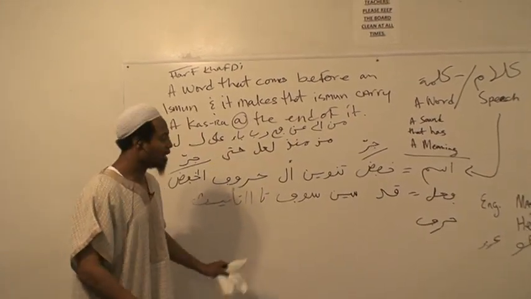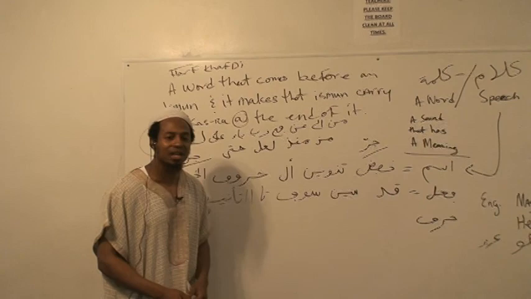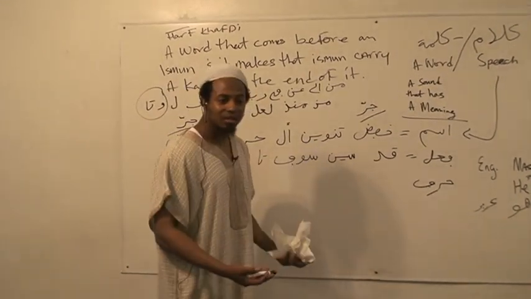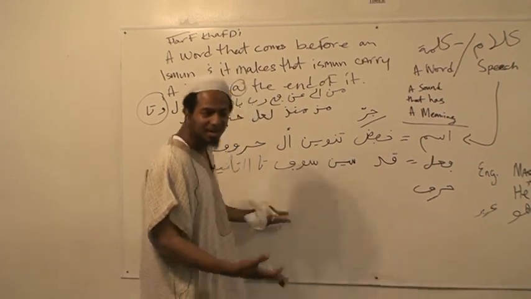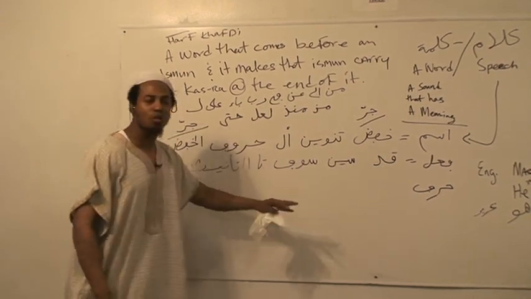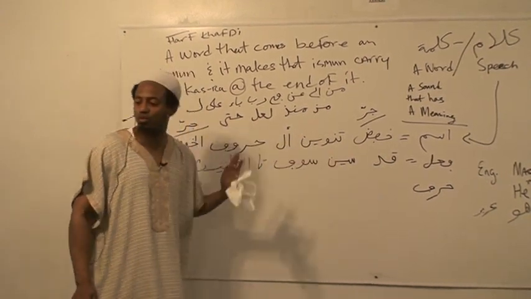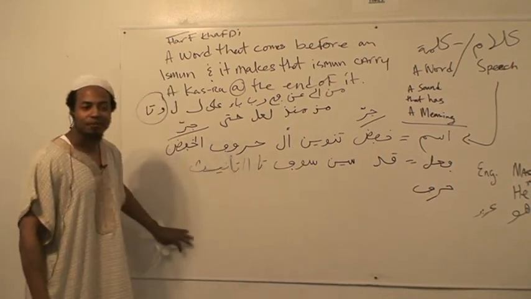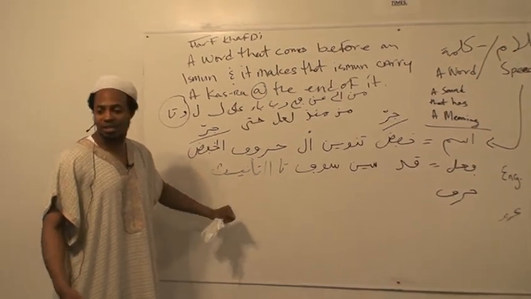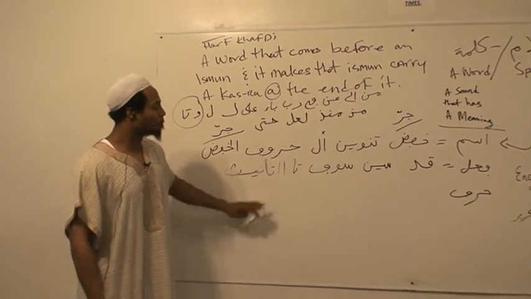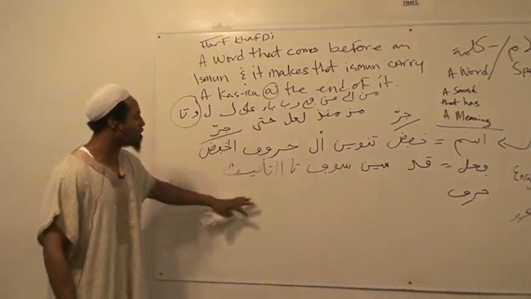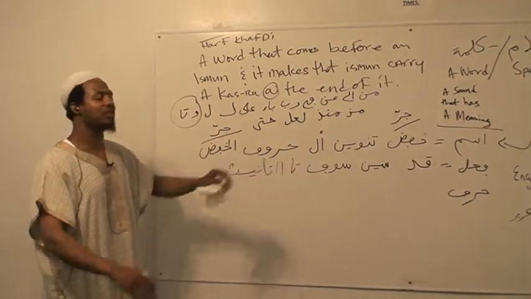So now a harf is a word, again, a harf is recognized. How do we recognize a harf? It's called a harf because it's so small, its ends don't change, they stay the same and keep the same form. Nothing that you see here is good. Whatever's good for the other two won't do for a harfun. So there is no sign for harf. They say the absence of a sign for a harf is a sign of a harf. Okay? So there is no sign that you can use. Anything that doesn't have tanween, or doesn't have al, or doesn't have hurufu khafdi, or sin or sawfa, then that thing is a harf.